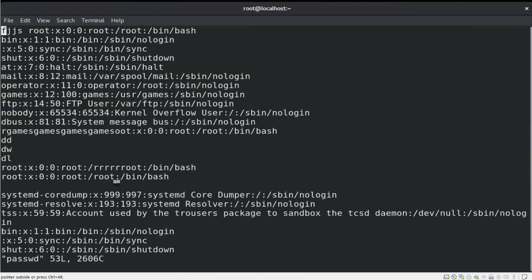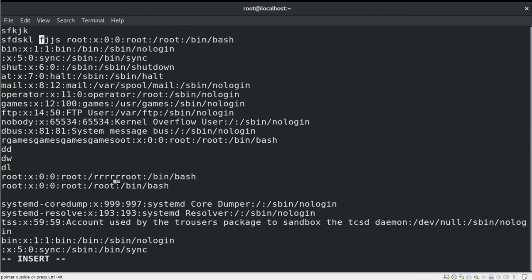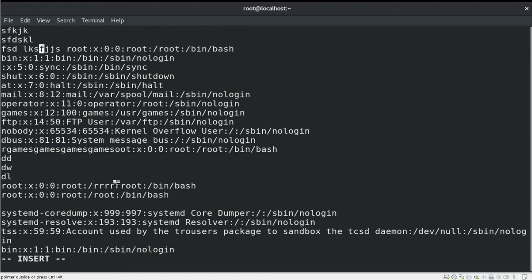Sometimes we are making some modifications to the file. However, we don't want to save those changes as we are not confirmed on the same. In such a scenario, you could use Q and an exclamation mark in exit mode to quit the file without saving.